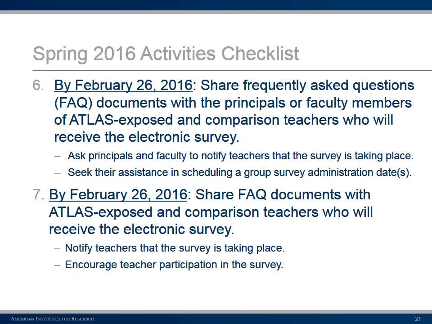It could be that you're sharing it directly with the group of teachers, or that you've worked something out with the faculty or principal so that you're certain it's being shared. But we just want to make sure that this information definitely reaches the teacher and that someone is encouraging the teacher to respond to this survey, and that you're letting them know that it's a part of a study that your institution is behind and taking part in.